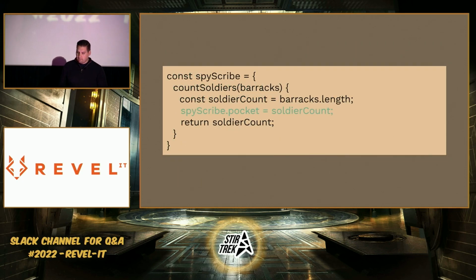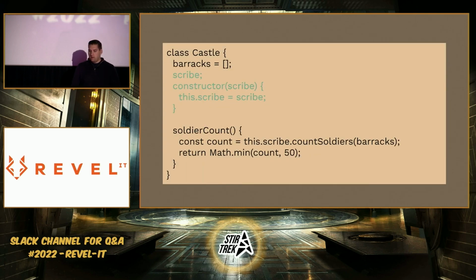How are we going to get our spy to infiltrate the castle now? Well, remember we had to knock the scribe over the head and take his clothes. So we have to assume the identity of that scribe. Our spy will become scribe-like, if you will. And what do we know about that scribe? Well, if I'm coming back here, if we look at that soldier count function, right, that's where the scribe does his work. We see that he has a count soldiers function. That function takes in the barracks, which is an array of soldiers, and that function returns a number, which is supposed to be the count